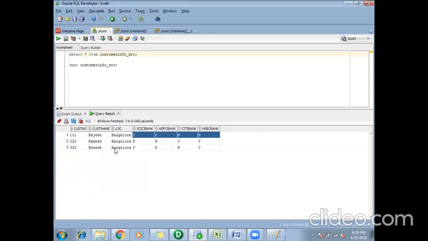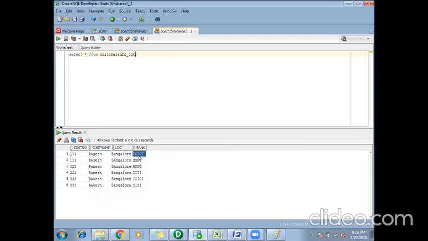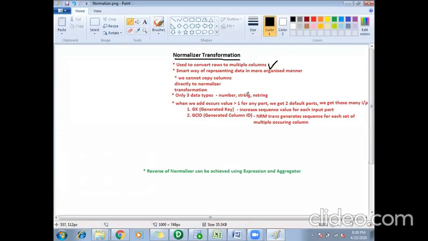So basically, if you see the four highlighted ones, these are the rows here. I'm trying to convert the values of these rows into a column. In such cases, whenever we want to convert rows to multiple columns, we normally use this normalizer transformation. That is a smart way of representing data in a more organized manner.